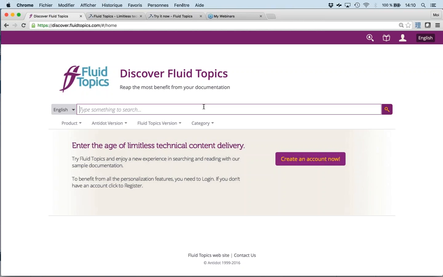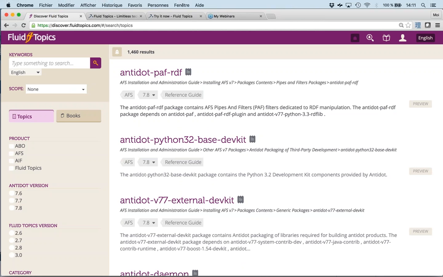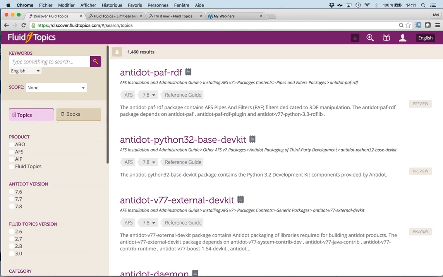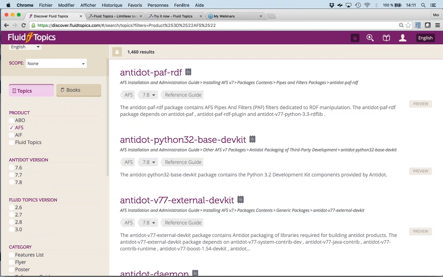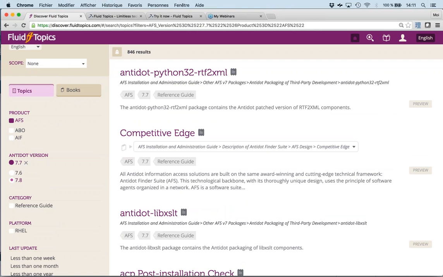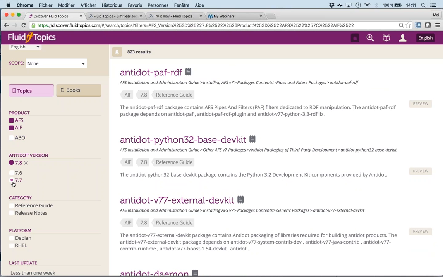So I can start by typing anything, and just to show you the speed, so even nothing, just query the entire tool. So you know that's how fast it is. So there is 1,400 results, and it came in a second. I can refine, we can still refine this search dynamically by selecting products, version, whatever. You can add multiple products. And you can see how fast it is. Sometimes I don't even notice if the interface has refined or not. These are the same results. Switch the version. So you see how fast it is.